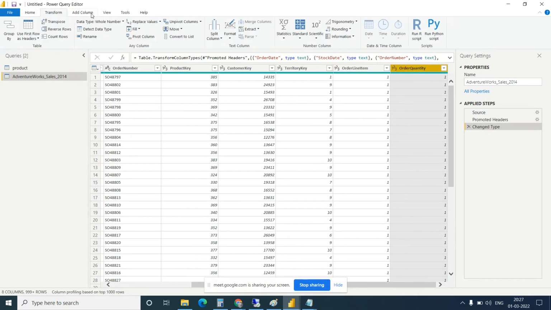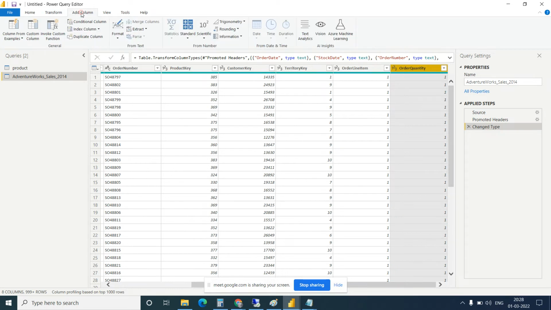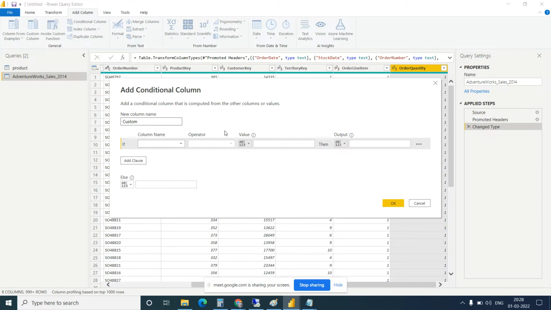Create a column, go to the add column, click on conditional column, right? So okay, Krupal sir, how to do this? Can you tell me here? If order quantity, where is the order quantity?